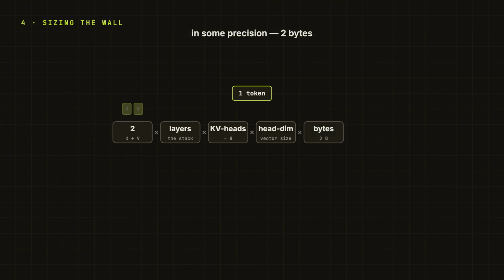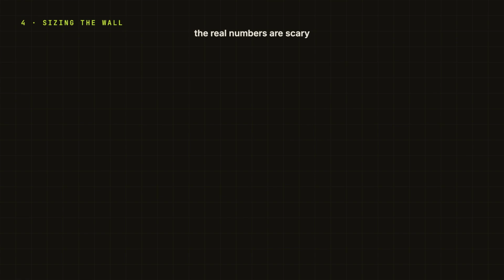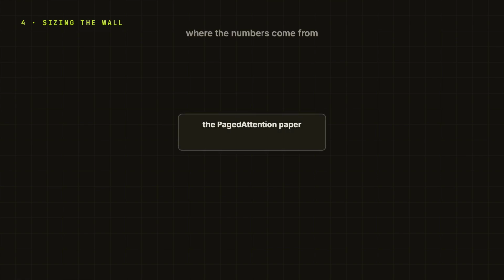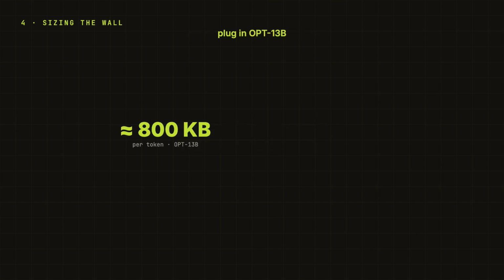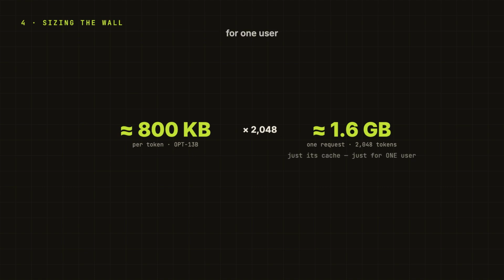Let's say 2 bytes. So per token it is 2 times the number of layers times the KV heads times the head dimension times the bytes. Multiply a token count on top of that, and that is your cache. And the real paper numbers are honestly a bit scary. The paged attention paper works this out for a 13 billion parameter model, OPT 13B, and it comes to roughly 800 kilobytes of KV cache for one single token. So one request at its full 2048 token length needs about 1.6 gigabytes of GPU memory just for its cache,